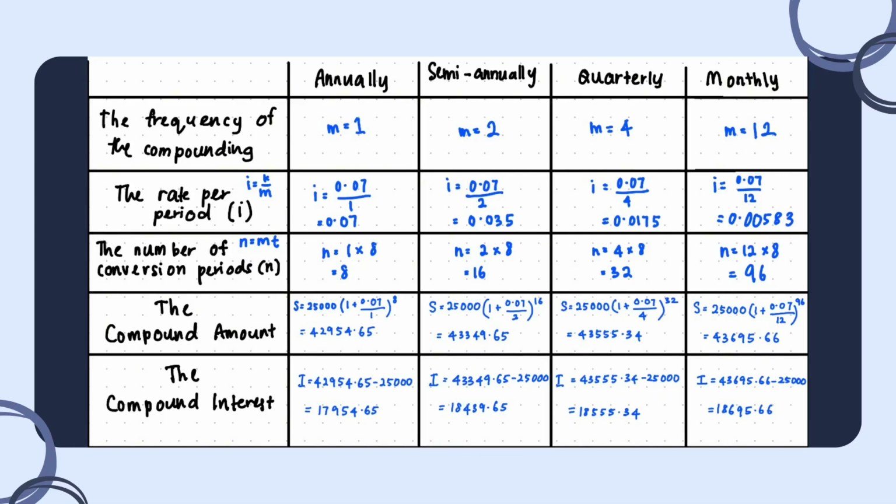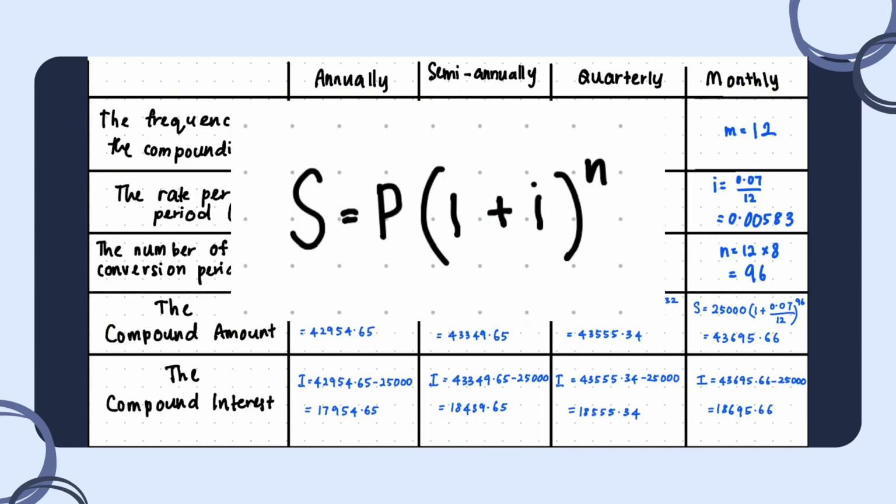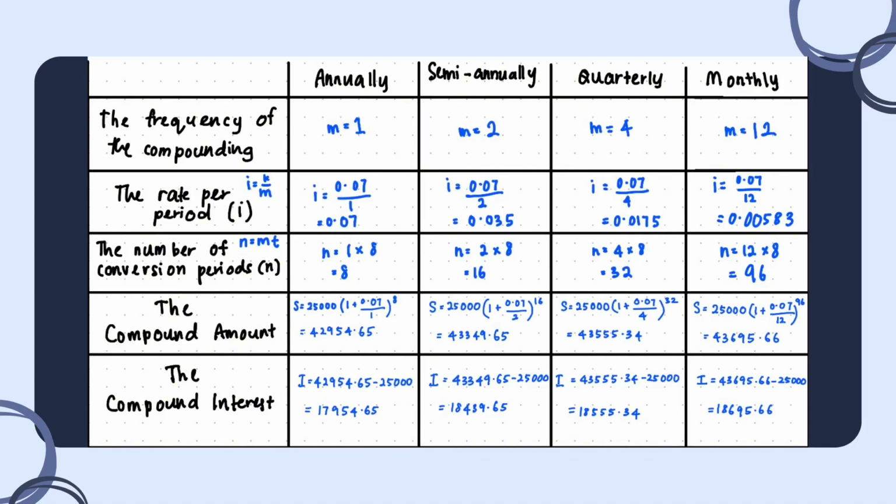Next, for the compound amount, we use the formula S equals P, open bracket 1 plus I, close bracket to the power of N. For the compound amount of annually, S equals 25,000 bracket 1 plus 0.07 divided by 1 close bracket to the power of 8 equals 42954.65. For the semi-annually, S equals 25,000 bracket 1 plus 0.07 divided by 2 close bracket to the power of 16 equals